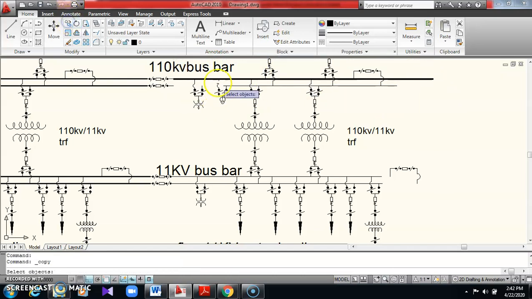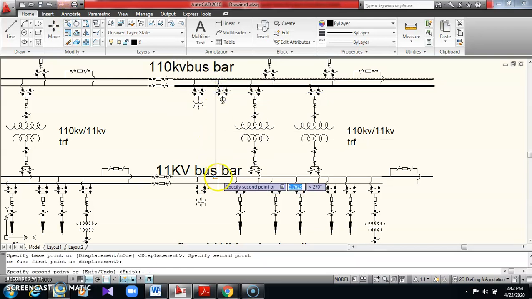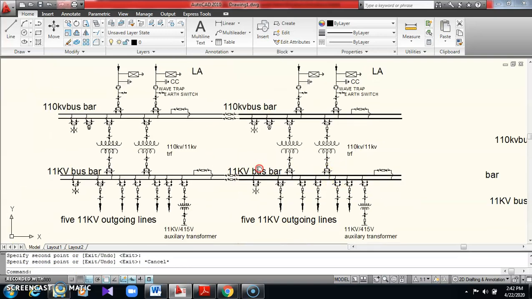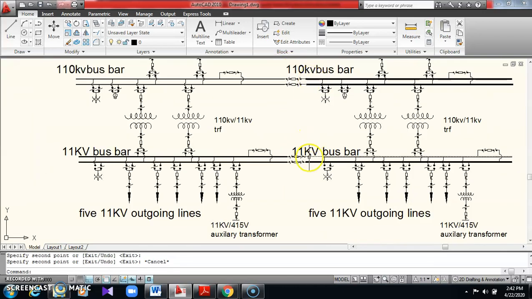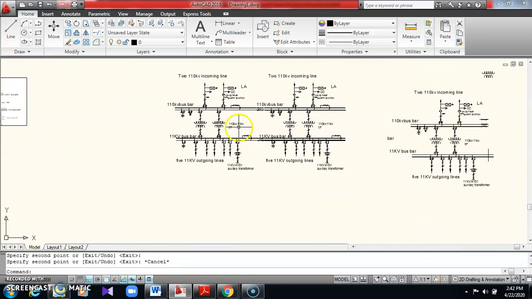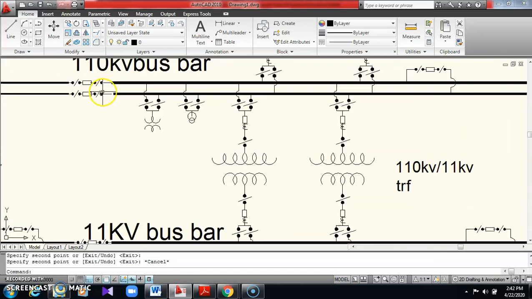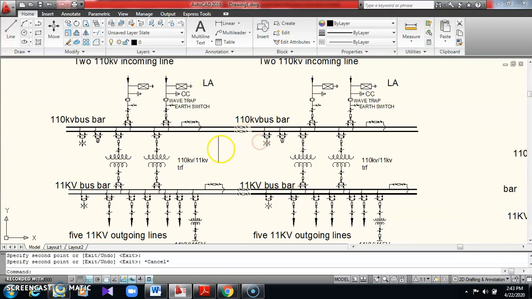Okay, now copy this, paste below, and here also you paste below, here also you paste below. Okay, getting? So this is called sectionalized. This is the previous problem. If they ask sectionalized, just copy paste. So this much big they won't ask, but simple they'll prefer.